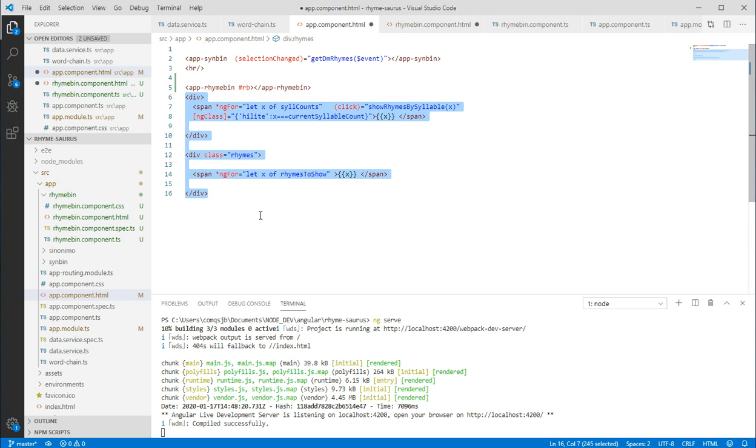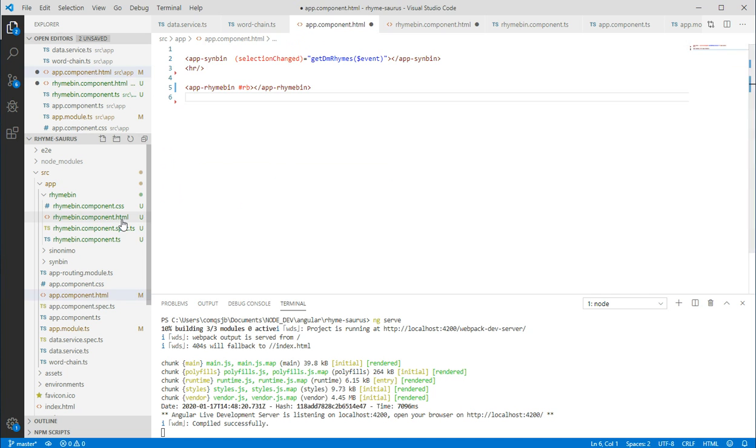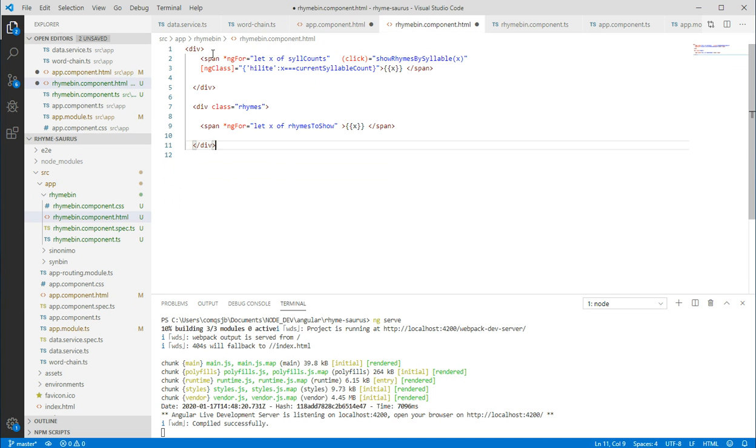Okay, so we'll do a div and we'll put all of that inside the HTML of the rhyme bin. Now all of this will be completely useless at the moment because none of those things exist. So you've got to transfer all of these variables, for example syll counts, the list, the number of syllables, the current syllable count. And that all basically comes from